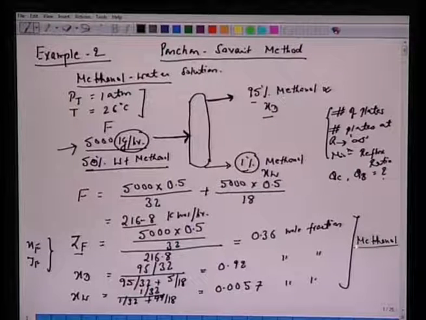Okay. So we have not yet completed the problem statement. It says 5000 kg per hour of methanol plus water system is brought into the system. The top product is 95% on a weight basis. The bottom product is 1%, which is also on a weight basis. All we have done is apply our previous knowledge of stoichiometry to convert all the quantities into mole fractions. That's the first thing you should do as a good habit, because very often, all enthalpy data or the TXY diagram, everything is given in terms of mole fractions.